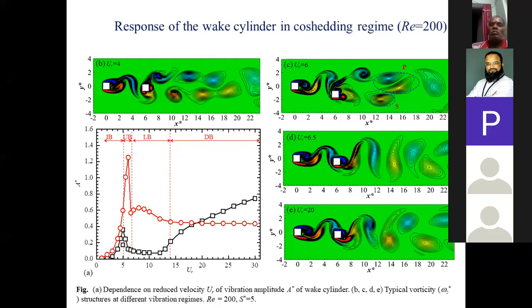So we can conclude from this example that if we put this upstream cylinder in front of this downstream vibrating cylinder, we can harvest more energy, especially in this co-shedding region. It means when the distance between the two cylinders is sufficient that the vortices generated from the upstream cylinder affect the vibration of this cylinder, because of that, the larger amplitude can be observed from the cylinder, which can be used to